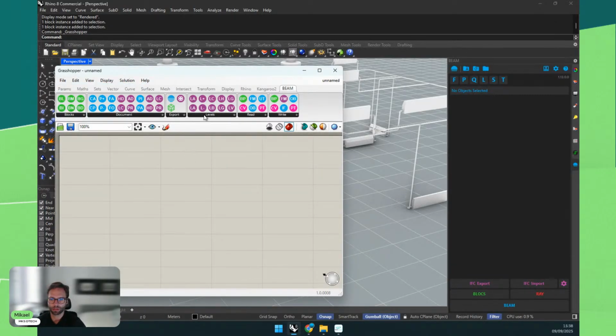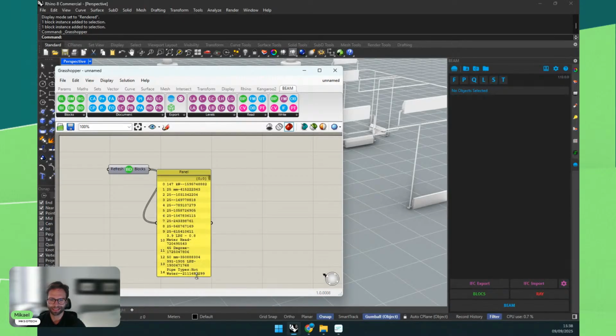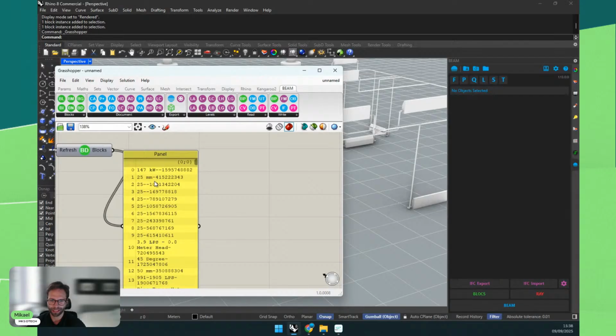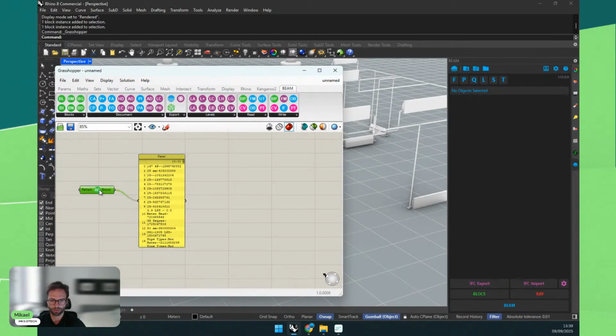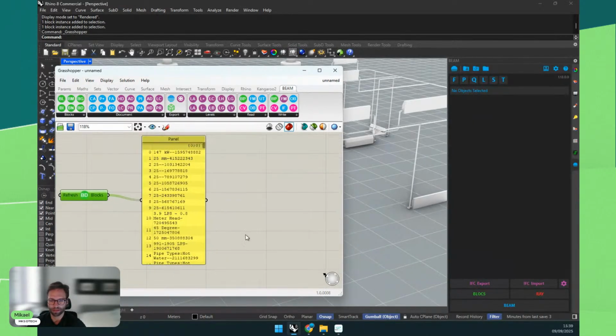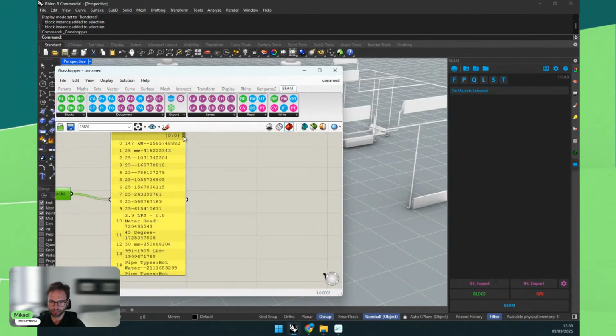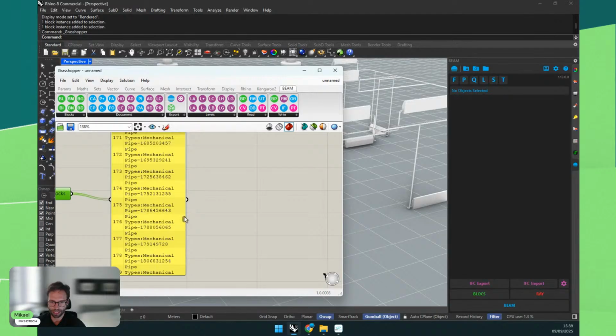So, for example, let's create a new document. Now, if I go and get, these are probably blocks, so I can list all the blocks. Okay, so now you can see these are all the blocks that were imported, which are basically the instances. We must append an ID because, of course, Rhino does not allow different geometry in instances of the same block. So these are all the instances. It might look messy at the top, but you can see you have all the pipes.